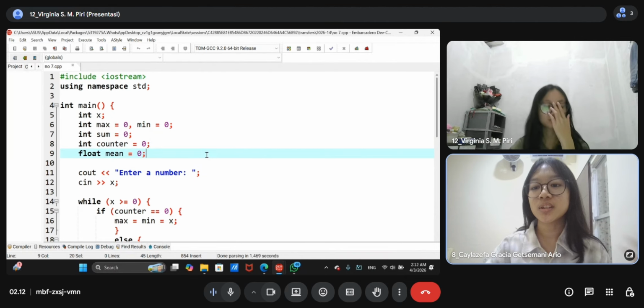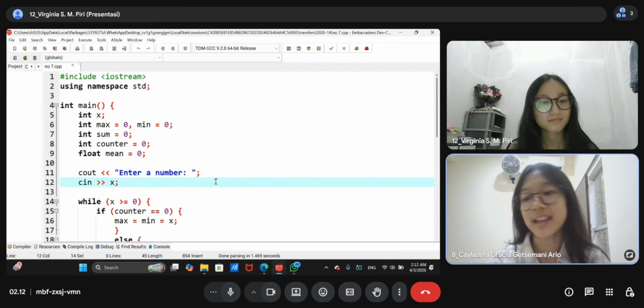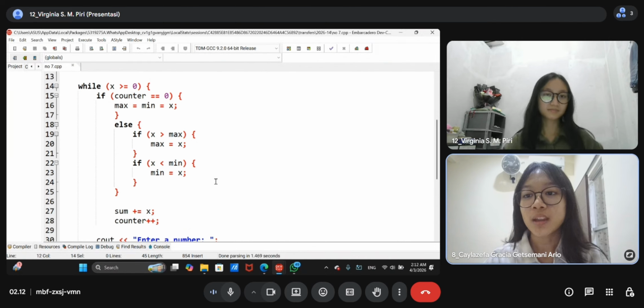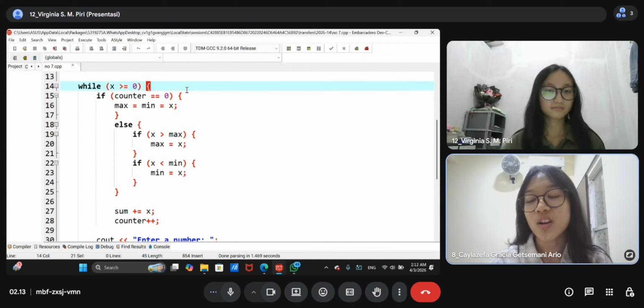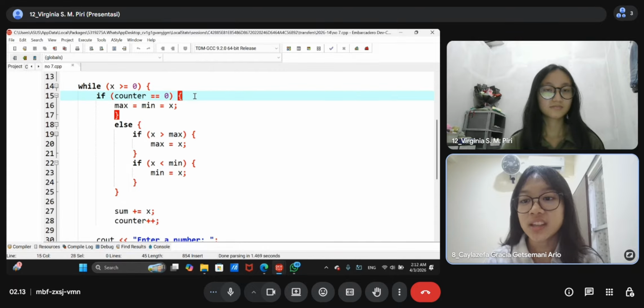So we ask the user to enter a number and input the number we call x. While x is larger than or equal to 0, the program has a decision: is the counter equal to 0?